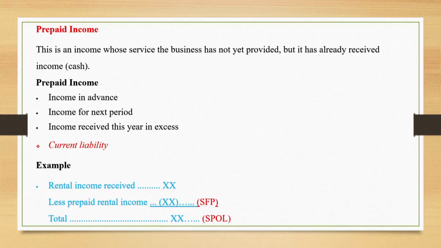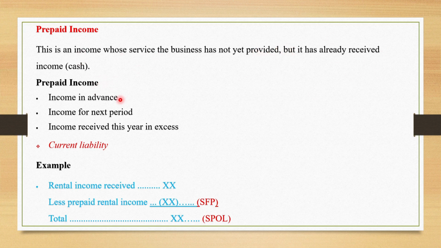Let's go to prepaid income. This is an income whose service the business has not provided but has already received cash. It has already received income. Yes, the service has not yet been provided, but the money has already